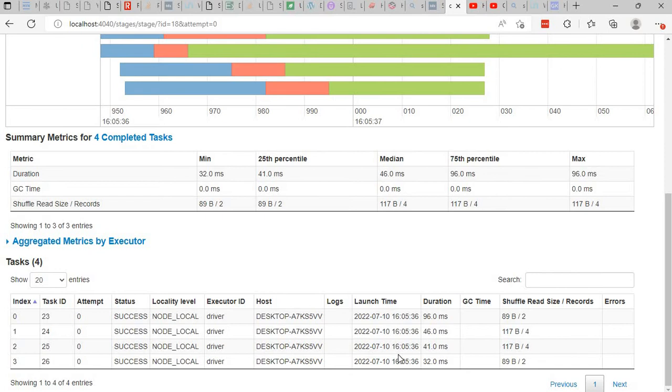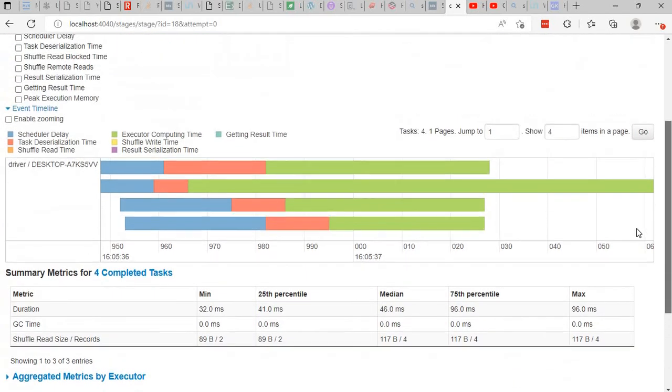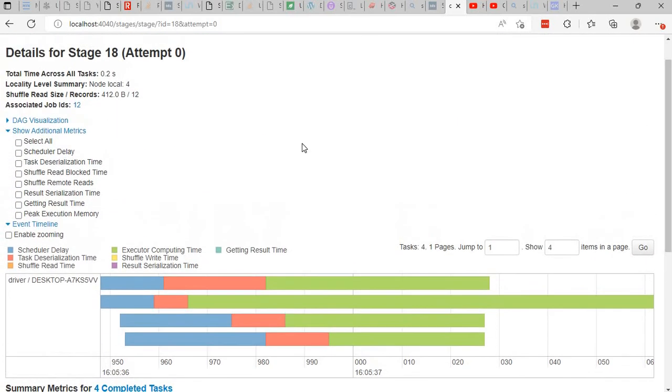So we have this one taking 32 milliseconds, 41 milliseconds. The one that takes more time is 96 milliseconds, but the overall time is 0.2 seconds. And if we go back to